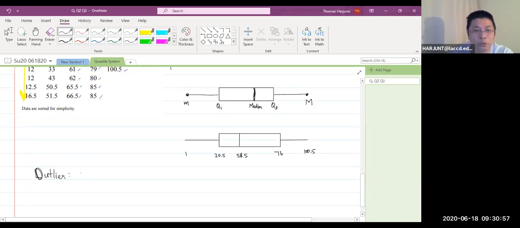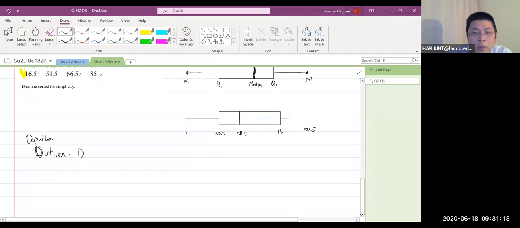Outlier refers to the data. There are actually two definitions. I'm sorry. Definition, outlier. The first definition, and they may come up with different results. The one being used commonly is the second one. Okay. The first one is the usual interval